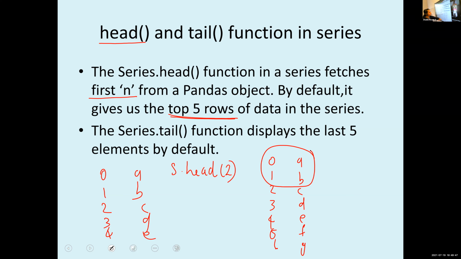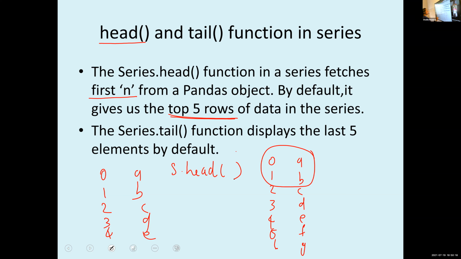Tail, just like tail means the end position, so tail is from bottom to top. If this head function is with empty bracket, means first 5 rows are displayed.